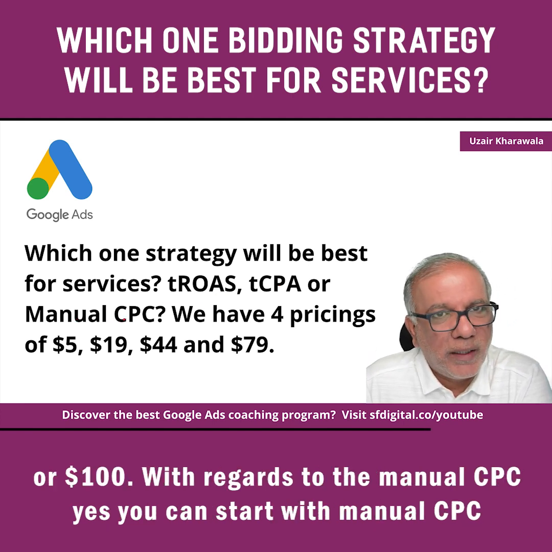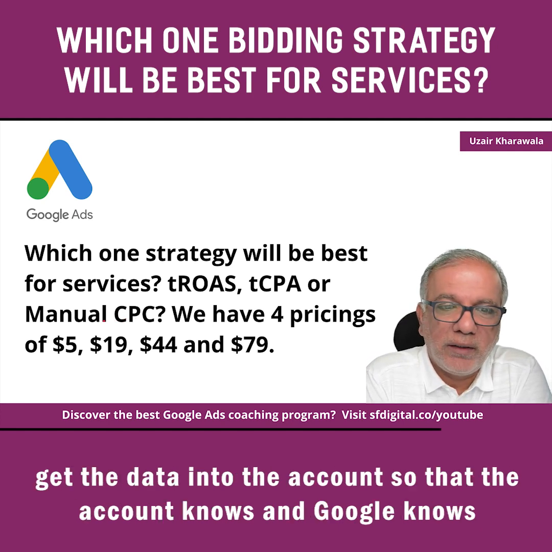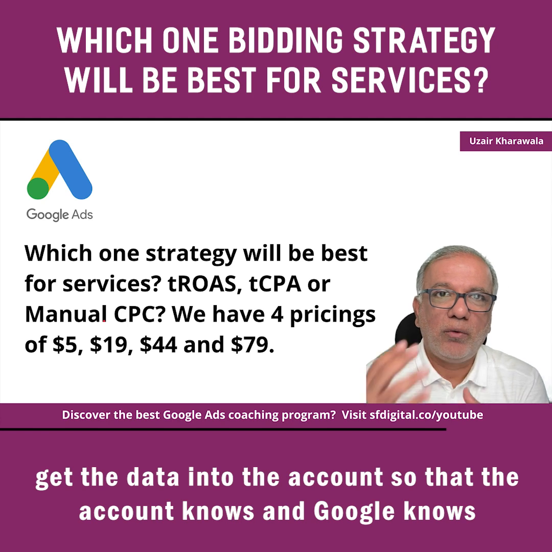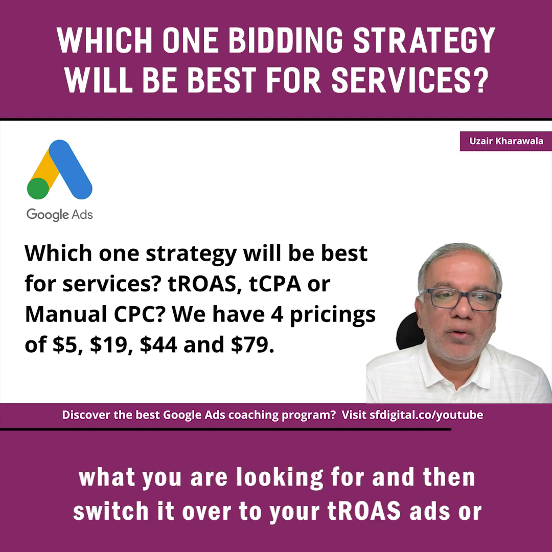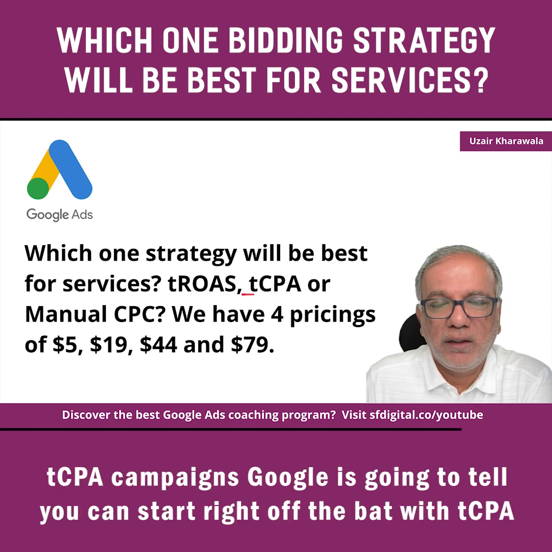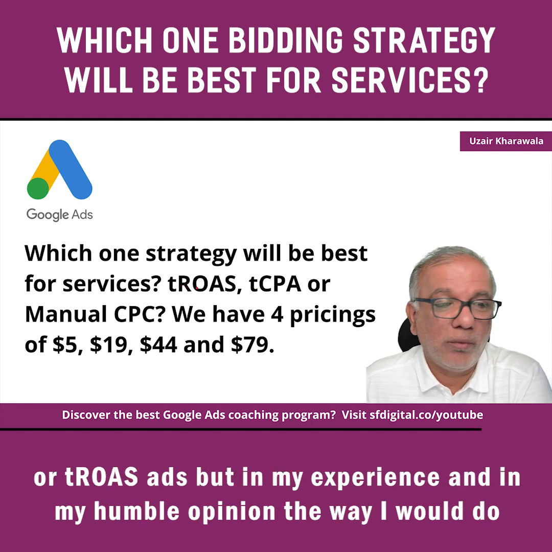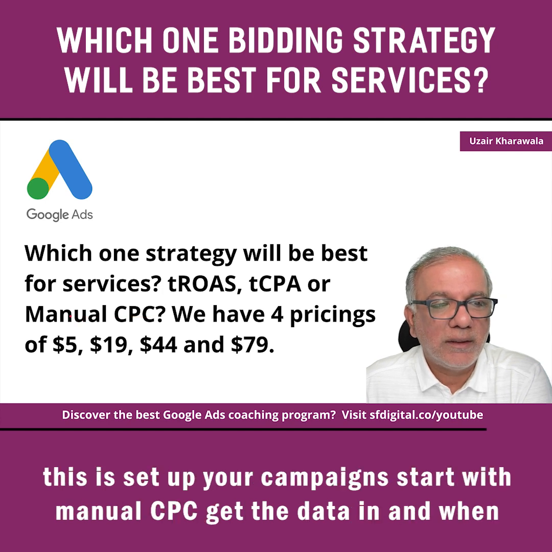With regards to the manual CPC, yes, you can start with manual CPC, get the data into the account so that the account knows and Google knows what you are looking for, and then switch it over to your tROAS or tCPA campaigns. Google is going to tell you you can start right off the bat with tCPA or tROAS, but in my experience and in my humble opinion, the way I would do this is set up your campaigns,